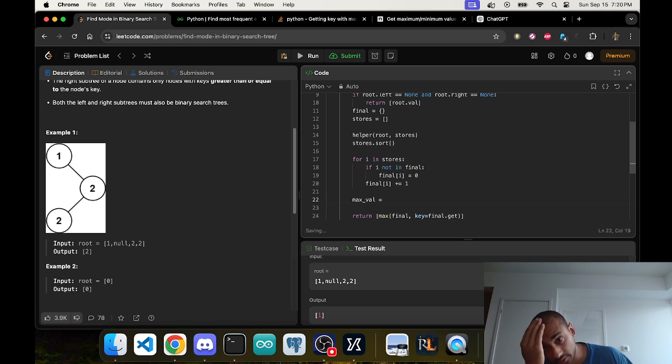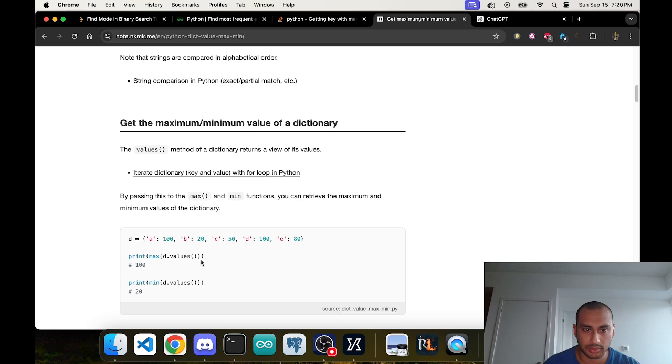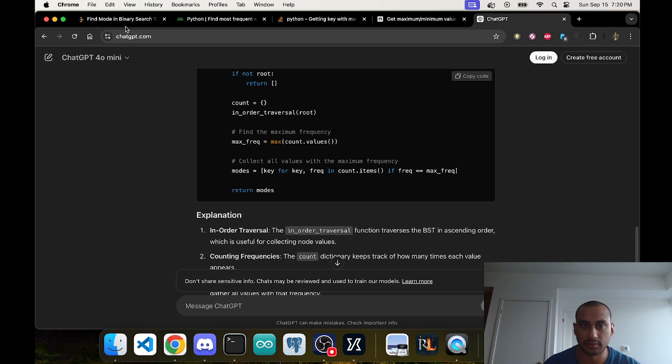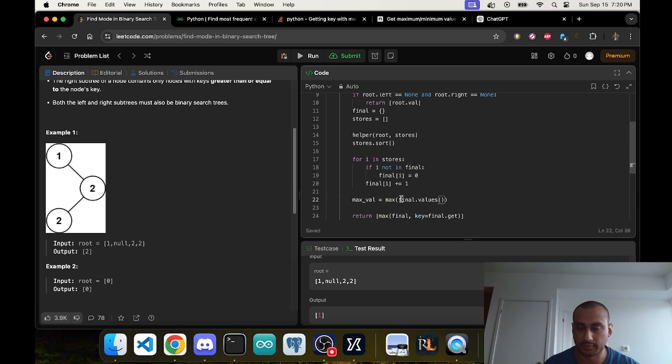Max val equals max of the values. So it's going to traverse final and get the max value. So final dot values. Now I get the max val, and then for